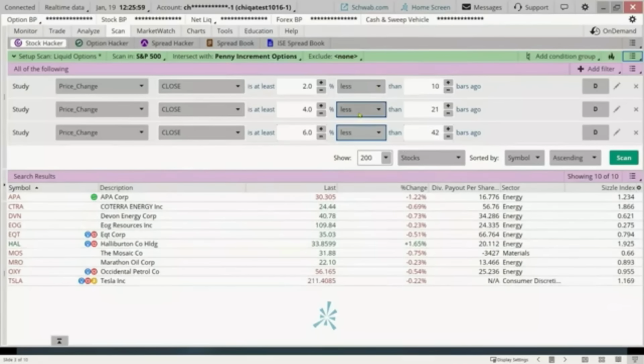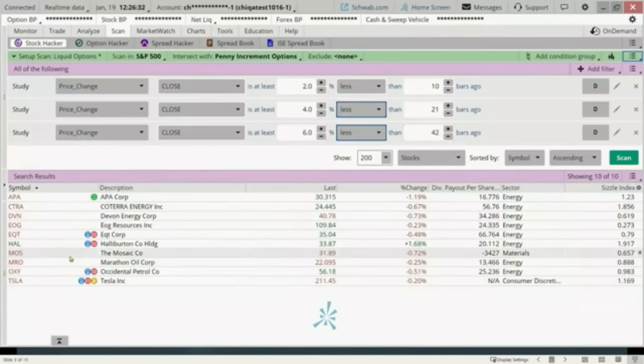I do like, by the way, on your scans, if you'd like, you can customize these columns that show right here. I kind of like to see what sectors are showing, and so I usually have the sector down there. If you do want to change those column headers, just click on this little gear icon that's far right of the screen, right there. If you click on that gear, it'll allow you to customize and add the columns that you want.